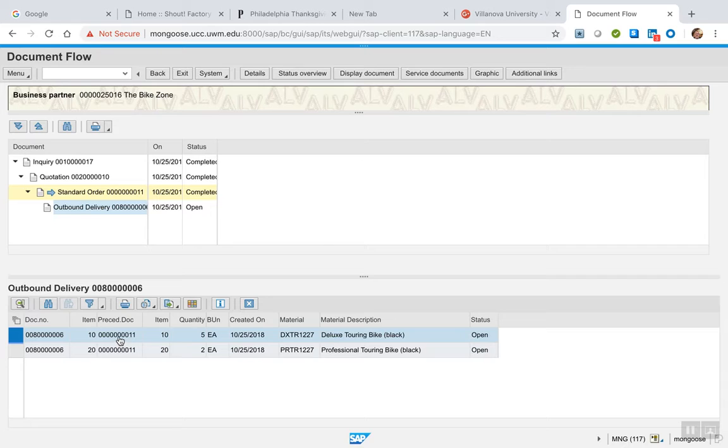okay, the other thing you'll see, when you look at delivery in this document flow, it'll show you the preceding document. So each one of these things are tied together. All right. So the inquiry, the quotation, the order, and the delivery are actually internally inside the system tied together. So what you would need to do is just go back and identify any of the documents you've created: inquiry, quotation, order, delivery, any of those, and do a lookup